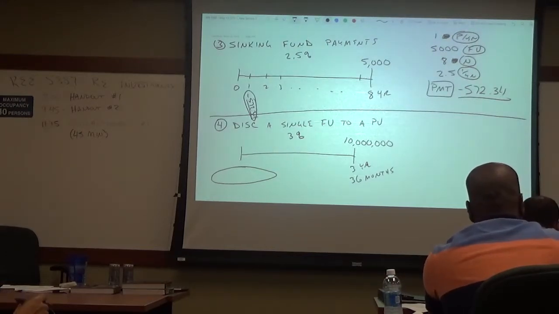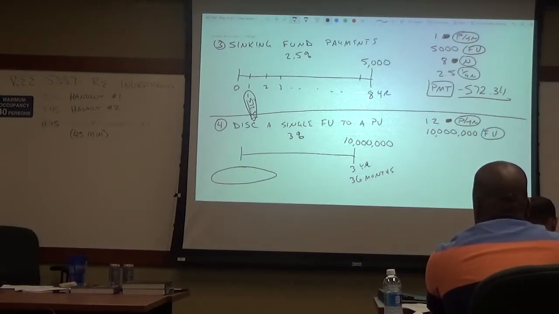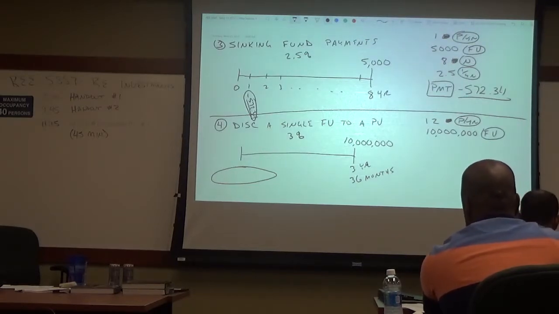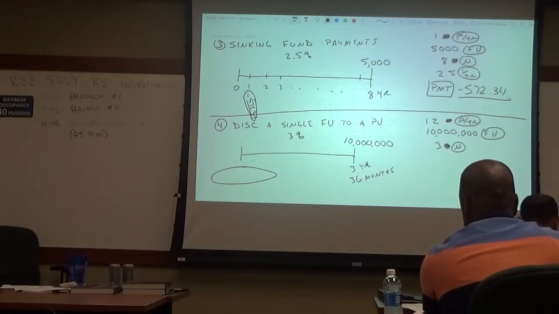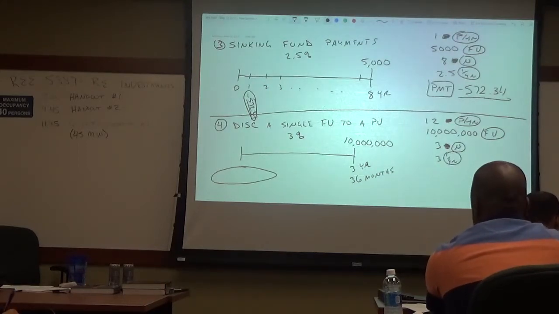So, calculator, go back to 12 payments per year. $10 million as our future value. Okay, and 3% as our interest rate, solve for